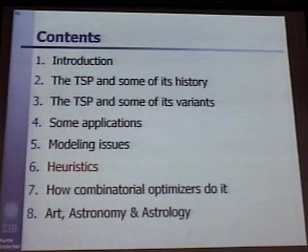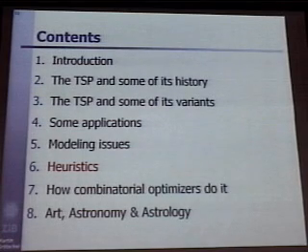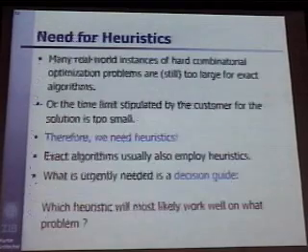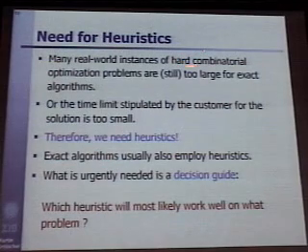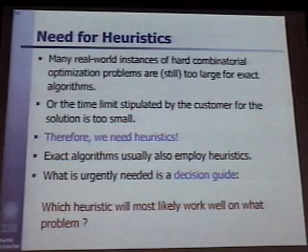So what I would like to talk to you a little bit about is heuristic approaches. That's something we haven't done so far here. Namely, you have a problem, it's very big, and you would like to solve it quickly. The exact algorithms will be unable to solve it, so you come up with heuristic ideas. In general, real-world hard combinatorial optimization problems are often too large for exact algorithms. And then the customer may have strict time limits.